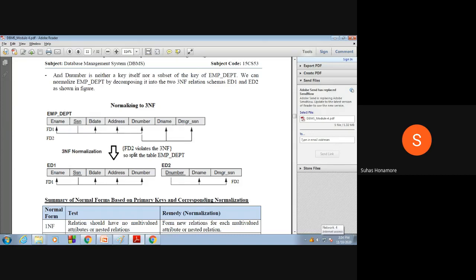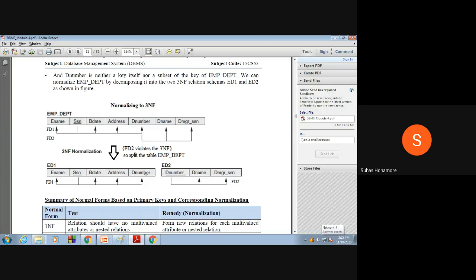These two, D name and manager SSN, have the transitive dependency on SSN, so you have to remove them. What we have to do is remove D name and D manager SSN and keep these two in a different table. These two are dependent on D number, so we'll keep D number here also. So three attributes together will form it. And D number is kept along with these, because whenever you do the join operation of these two, you should have a proper result.